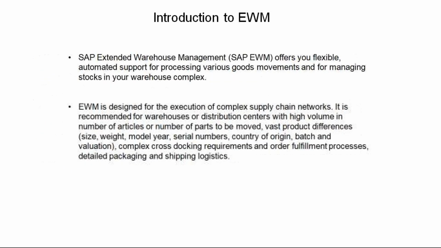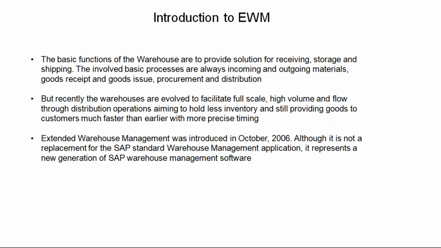Basically, why do we use any WMS system? It's to track your material movements within your factory or within your warehouse. Basically, that means to track the exact coordinate position of the inventory, as well as to simplify your logistic movements within your warehouse. That's the reason we use any WMS system. It's not just EWM or WM or any Red Prairie or JD Edwards or anything. So basically, why do we use WMS? A WMS system is basically to track your inventory at a micro level, I would say.